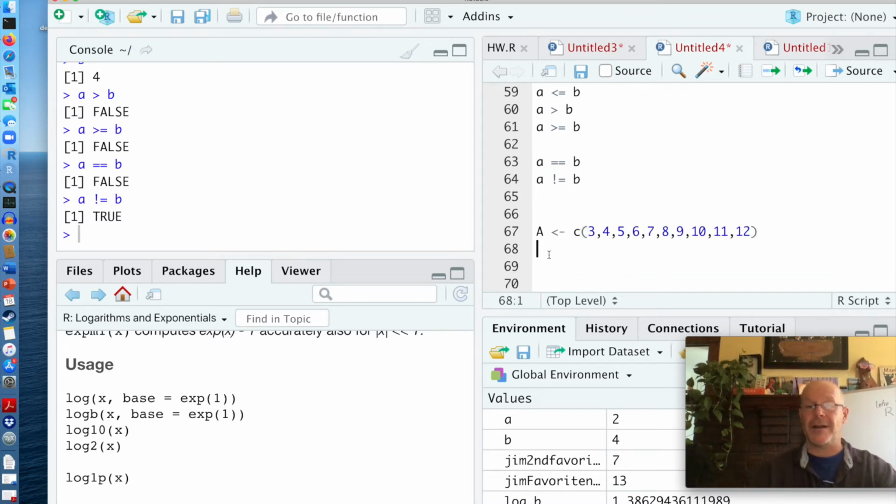Okay, so here I'm creating an object called A, capital A now. And I'm going to give it these values, 3, 4, 5, 6, 7, 8, 9, 10, 11, 12. To create an object that is a vector, notice that I had to put this little lowercase c in front of it. Okay, so this is one thing that you're just going to have to get used to in R. When you're dealing with a vector, you have to put a little c in front of it. And c is a function that's going to combine together a bunch of different values. And so here it's saying I want A to be combined or concatenated, all of these values into a vector. So if I go ahead and I do that,